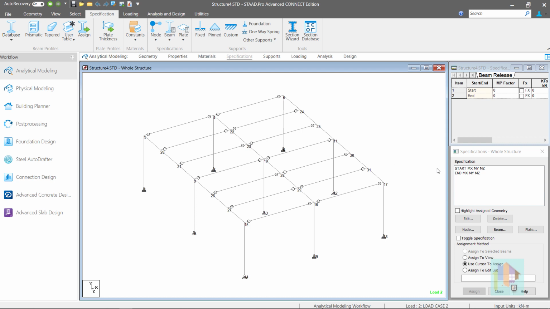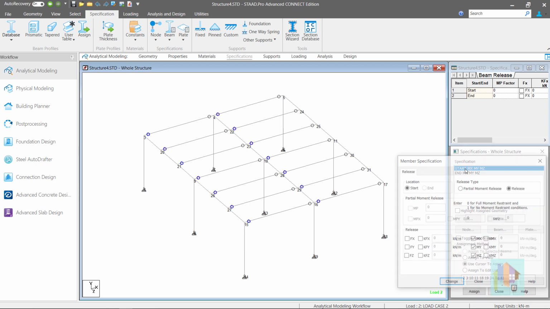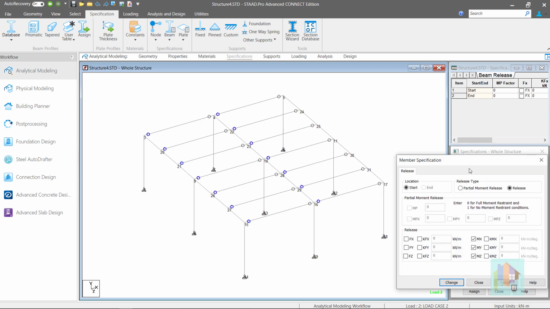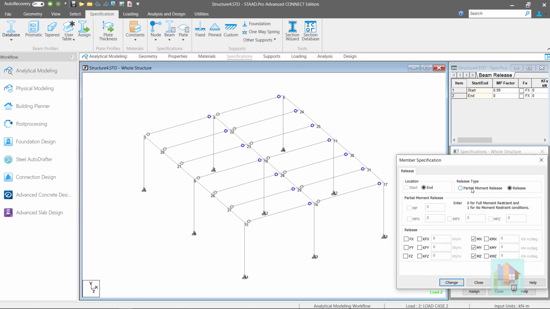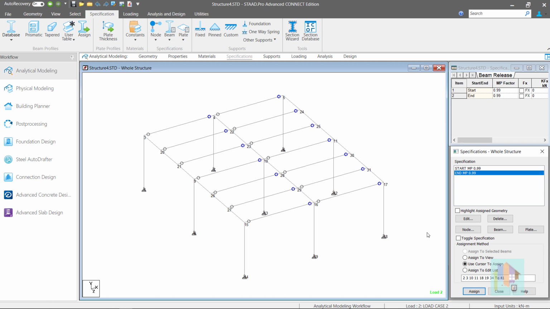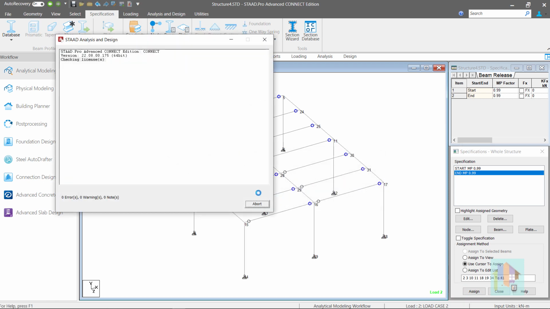One good alternative is to assign some stiffness at the beam column junction. Similar to previous model, here also we can allow 1% stiffness by specifying partial moment release command with value 0.99. Previously, it was full moment release, and this time we are allowing 1% moment transfer. With this small change, reanalyze the model.